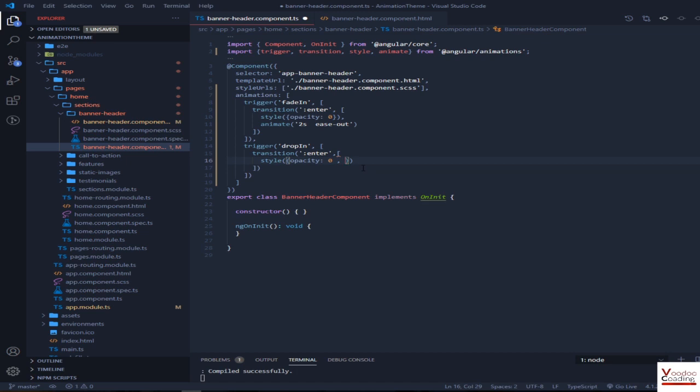So opacity, and then I will use transform and translateY, and I will set translateY to minus 1000, because I want to hide it above the screen so it can drop in.